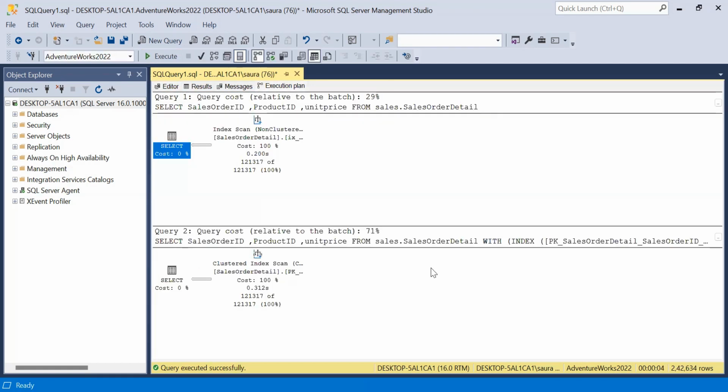Here you can see the batch cost of the first query is 29% and the batch cost of the second query is 71%. So you can clearly see where it is using clustered index scan, the query cost is 3 times higher in comparison to the batch which is using my index. So there is definitely some improvement, but how and where exactly is it providing the improvement? To identify that, what I'm gonna do now,